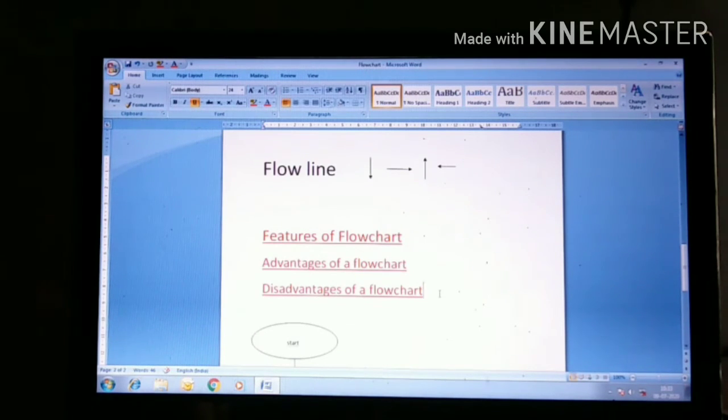The programmer may need to redraw the complete flowchart to change or alter the logic of the flowchart. It is very time consuming and also difficult to alter, because if we make any change in between the flowchart, we have to redraw the whole chart. And it is just a graphical representation of a program. It is not an actual computer program.